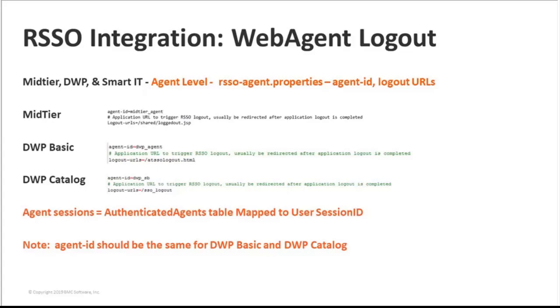IT, then you must make sure that My IT and service broker have the same agent ID. It's because when you log into My IT, it also makes an internal call to service broker, although the user might not have physically logged into service broker in a browser session, which makes Remedy SSO store 2 agent ID entries in authenticated agents, one for My IT and the other one for service broker. So if you log out from My IT,